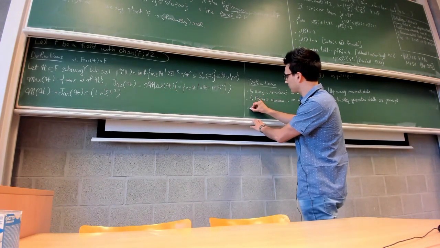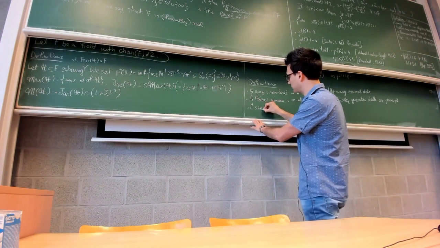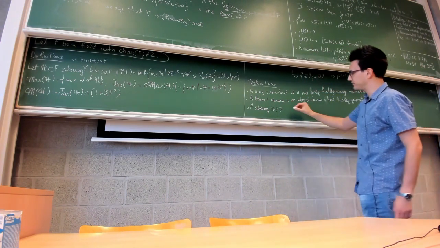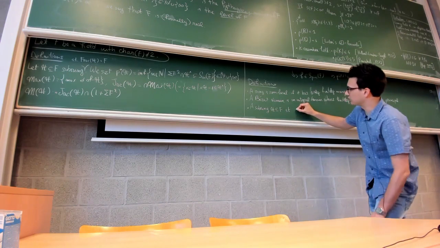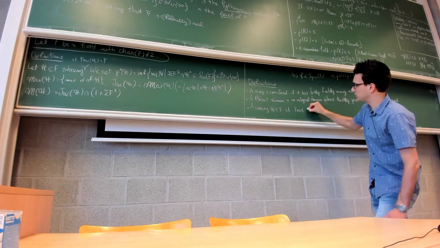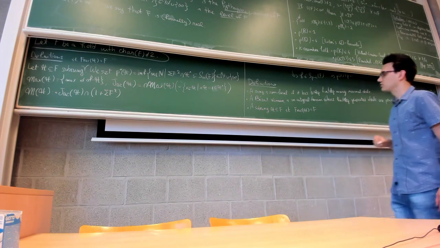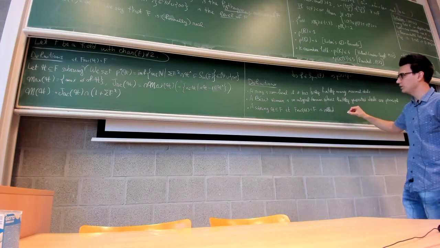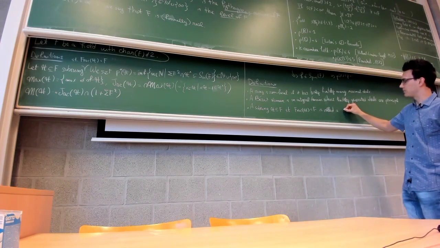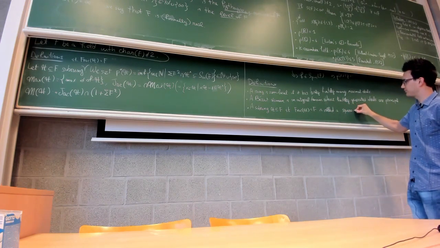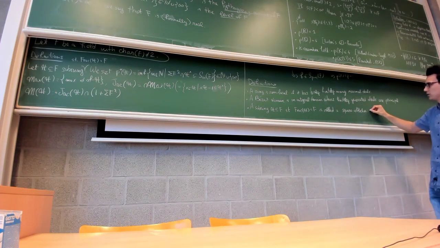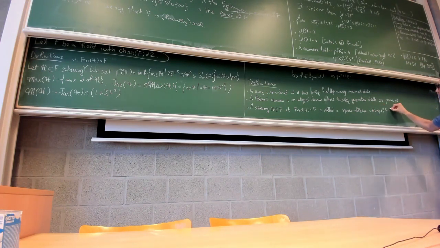So a subring H of F such that the fraction field of H is the whole field is called a square effective subring of F if